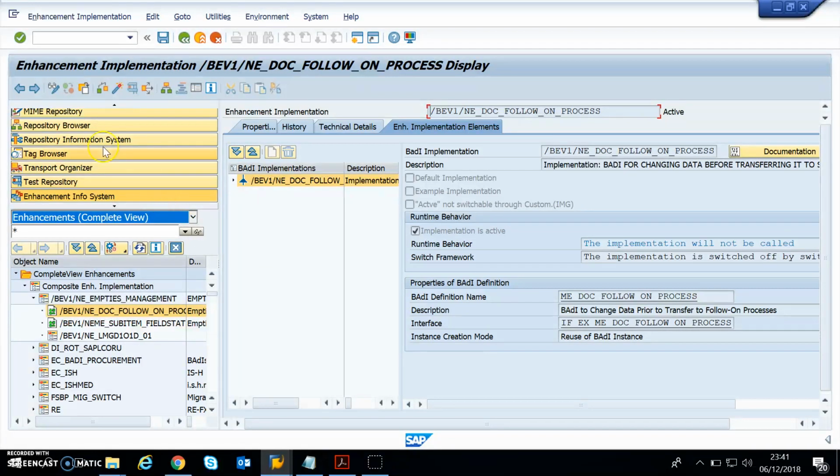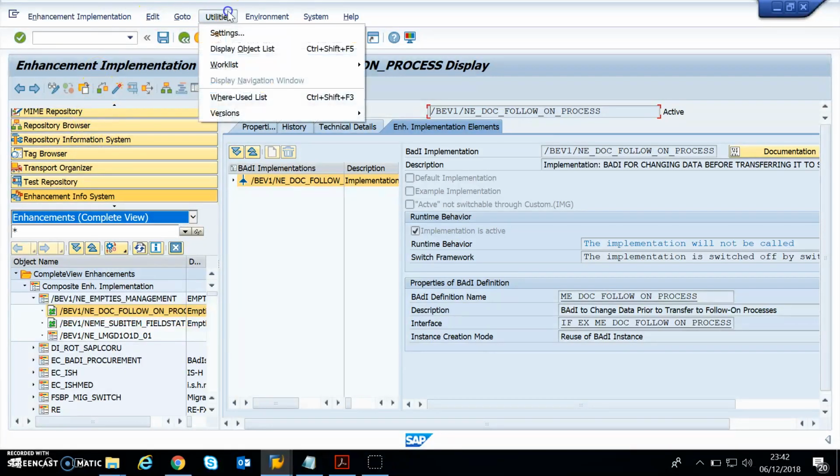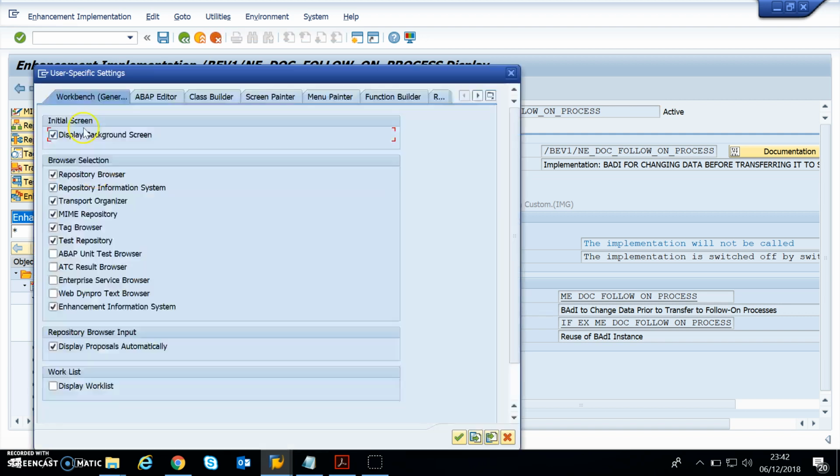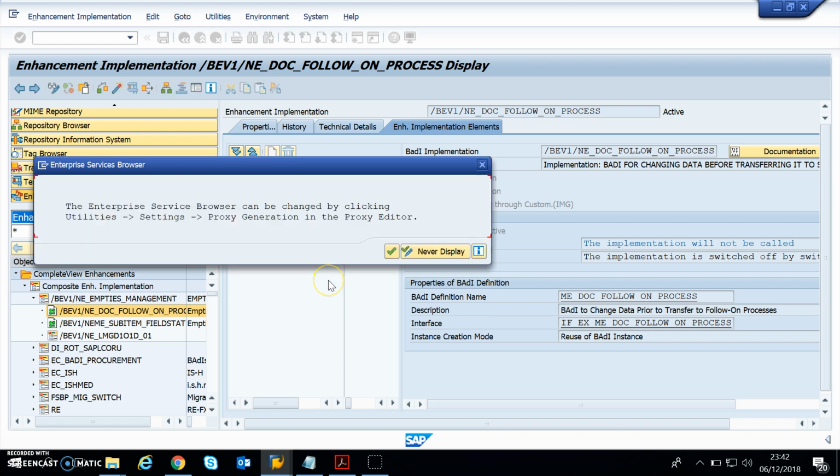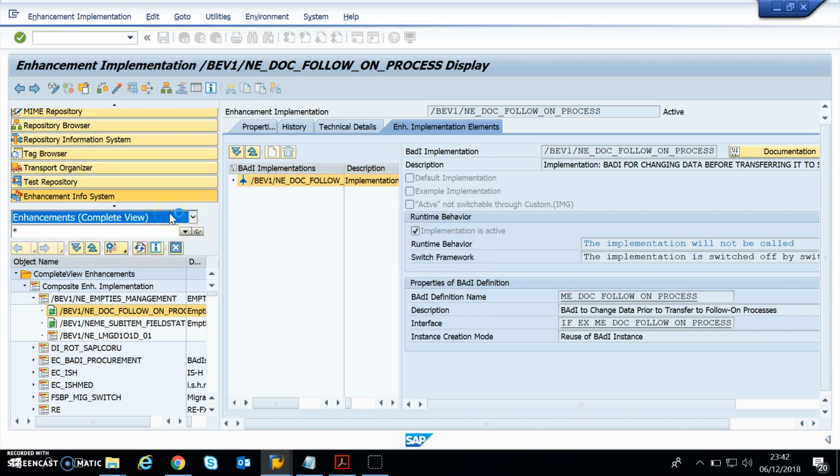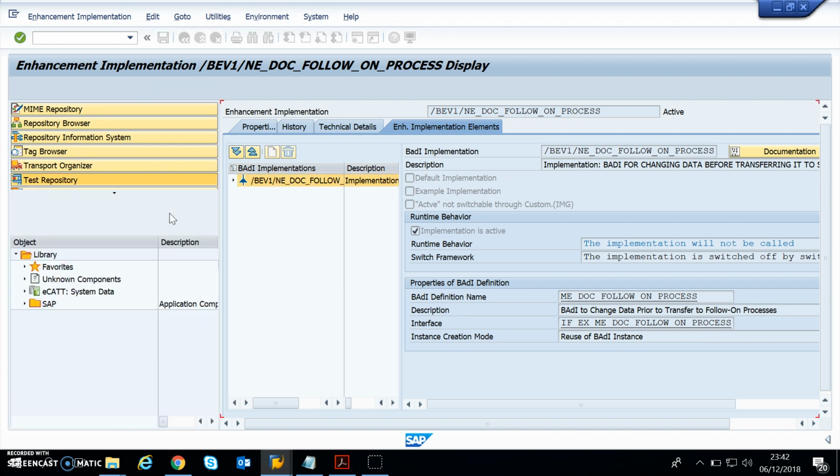So let's start with the packages and their attributes. So let's go to utilities, settings. Let's go to the workbench and let's uncheck this and there you go. Right. So well, if I correctly remember, prior to the release of 4.6, all ABAP development objects